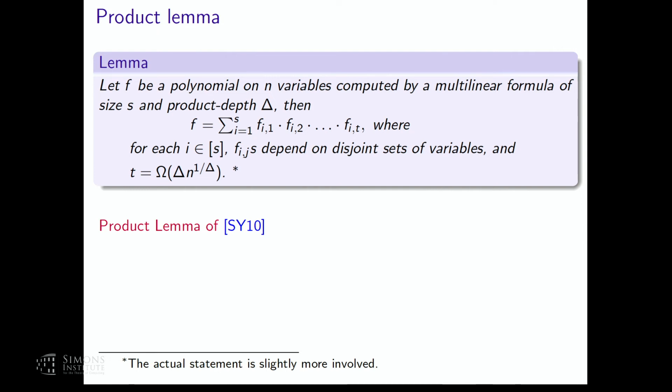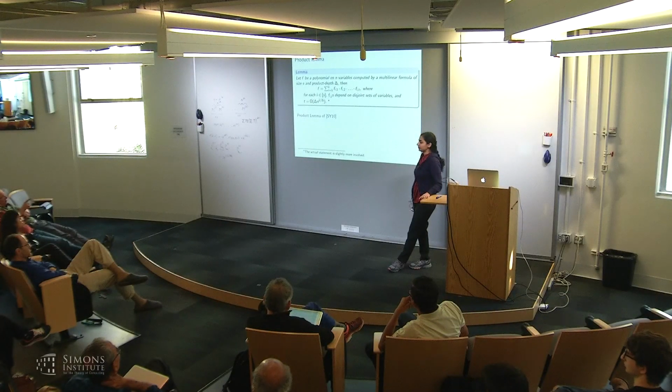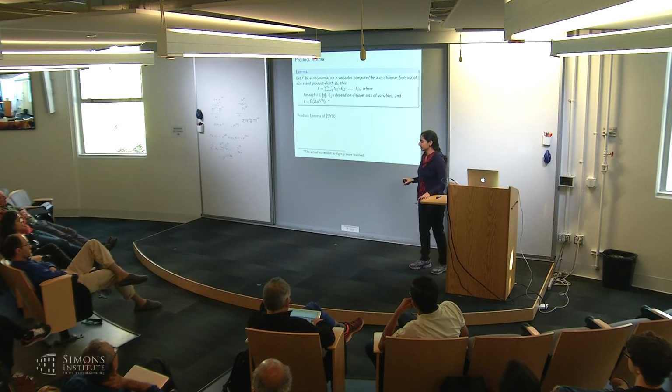But are you saying that you need the rank method to prove this lemma, or you use this lemma to get the rank? This lemma will come out by just looking at the formula and observing some structural property. This is in fact a standard depth reduction idea, applied fully to get a structure like this.